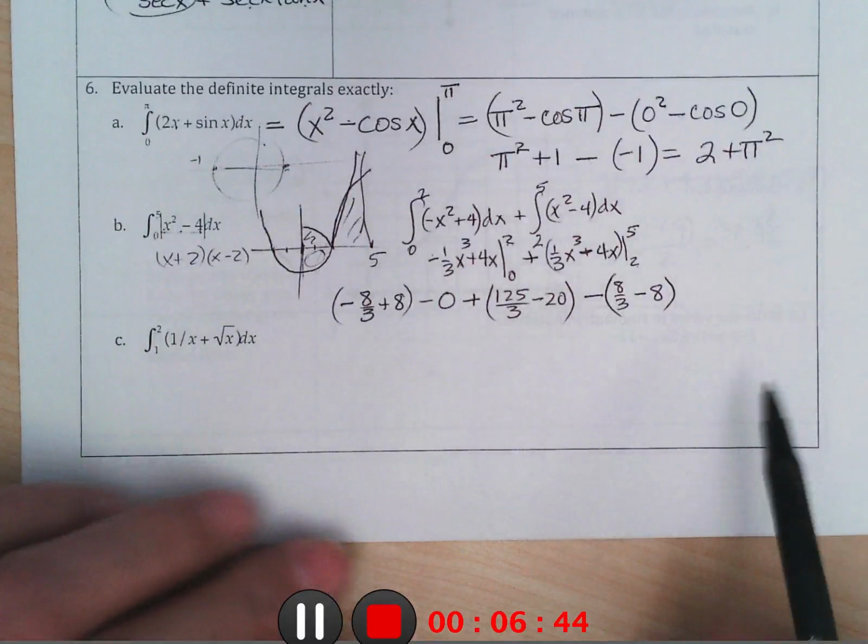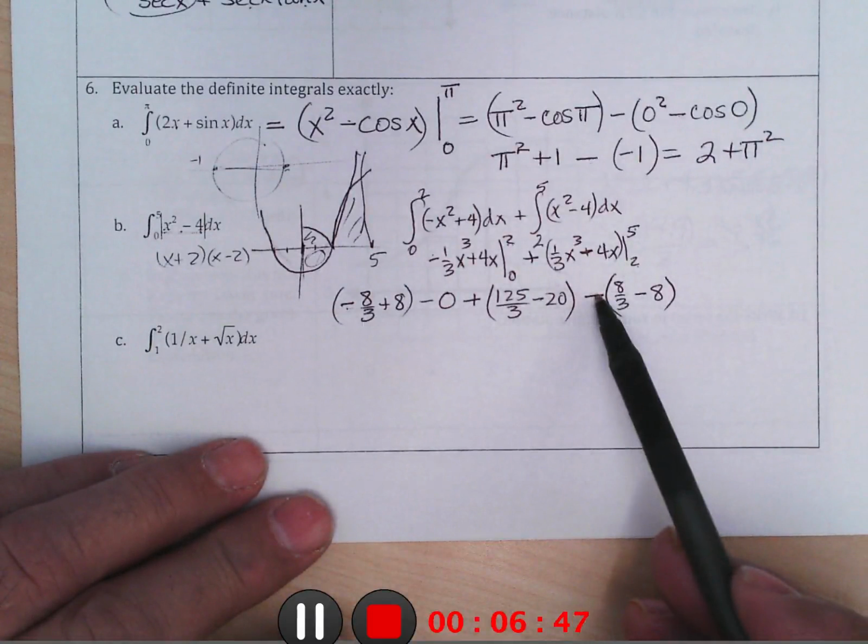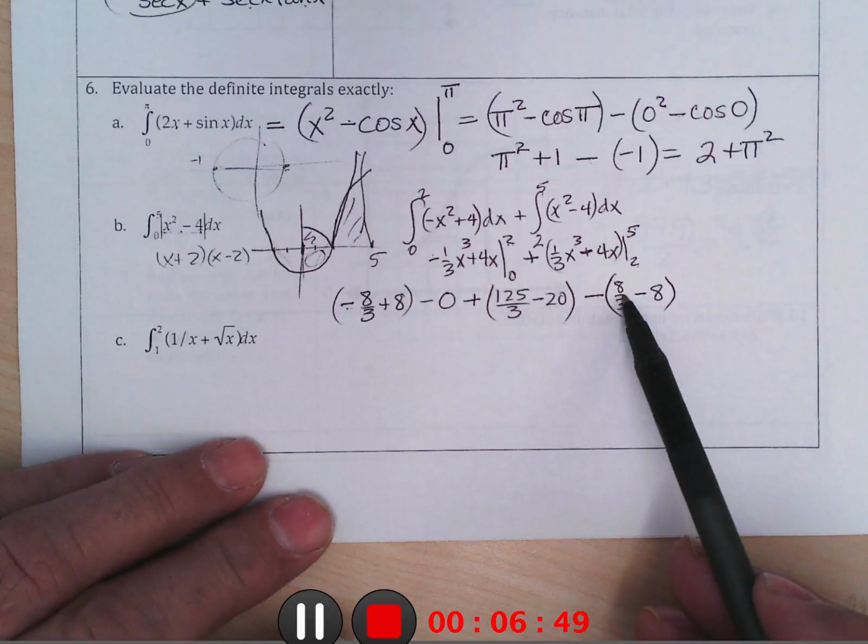So we have minus 8/3 minus 8/3, that's minus 16/3 plus 125/3